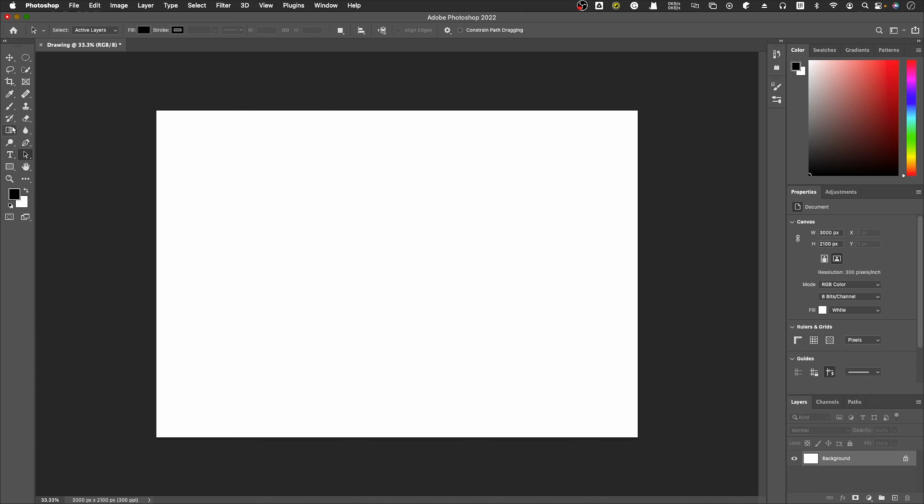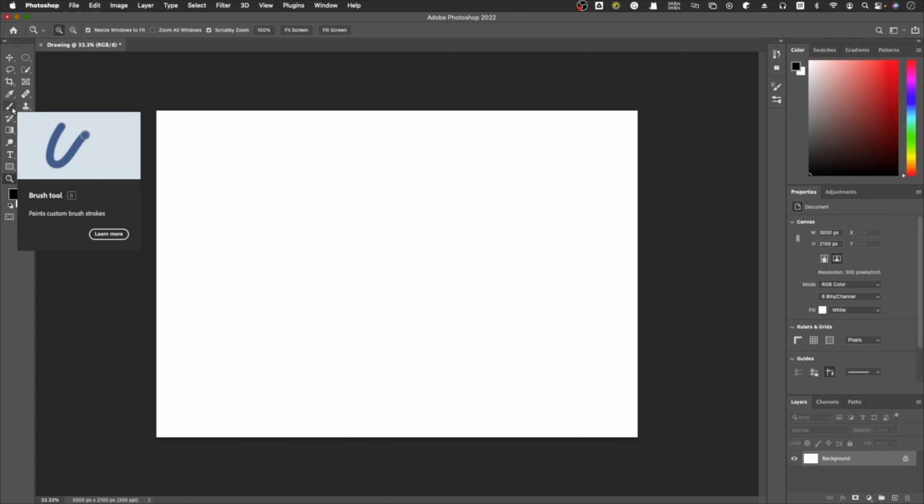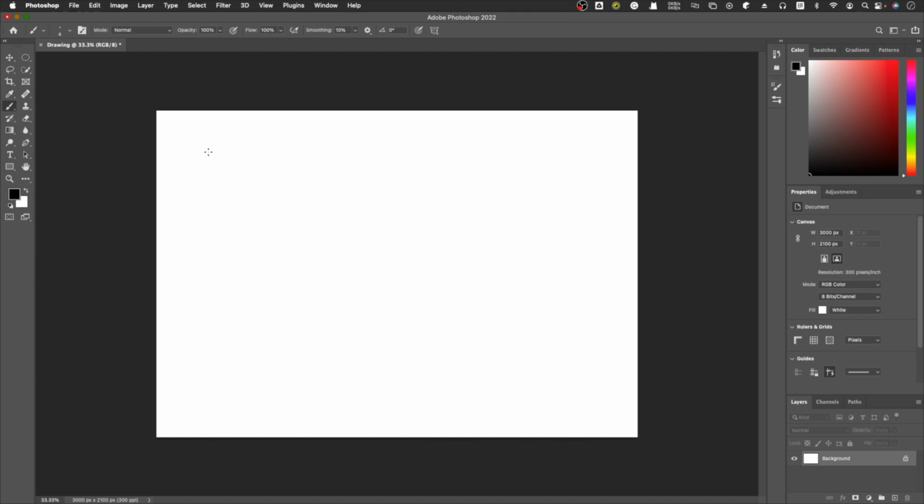Okay, not here. I think it's here. The zoom tool, and the zoom tool can zoom not only in but also out. The shortcut is Z. If I want to use the zoom tool, I just press Z and I can click to zoom in or zoom out. So in order for you to see the difference between zooming in and zooming out, I'm going to use the brush tool first. I can click the brush tool or just use the shortcut B,